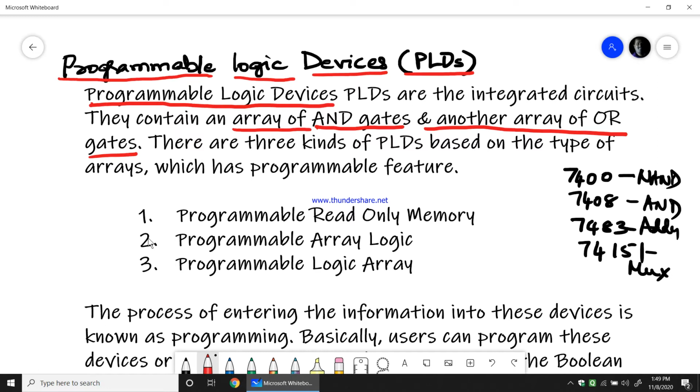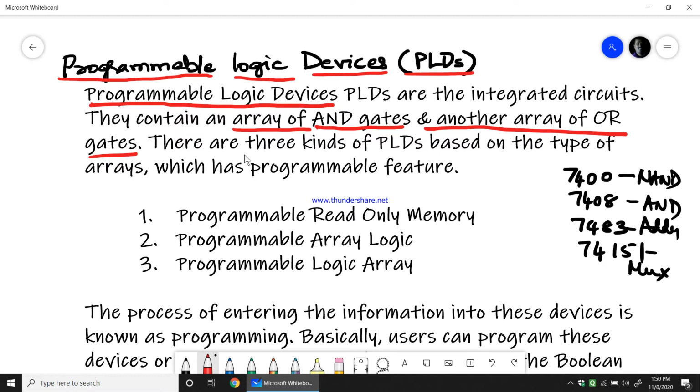This IC will have a combination of an array of AND gates and an array of OR gates, meaning you will have many AND gates and many OR gates, not a single AND gate and a single OR gate, which are connected to each other. That is what an array is all about.